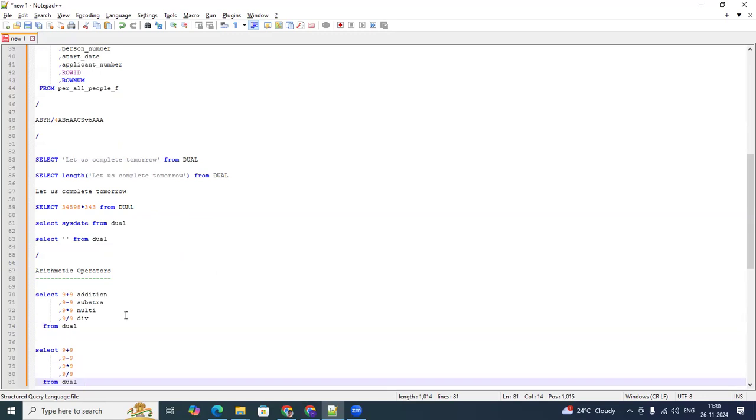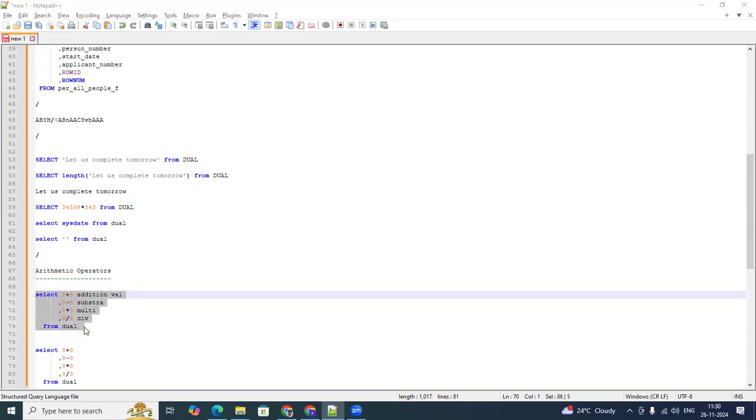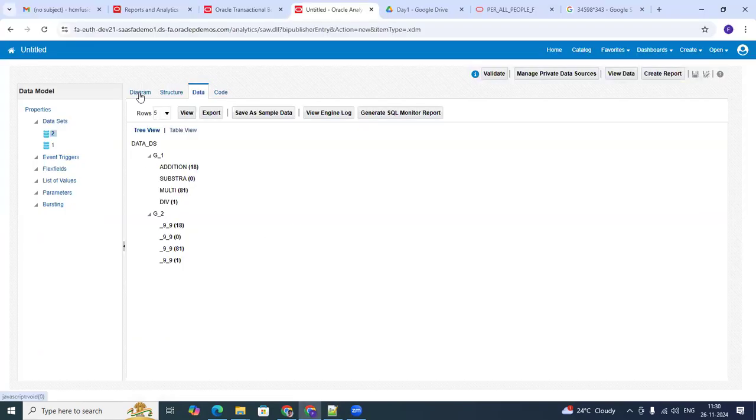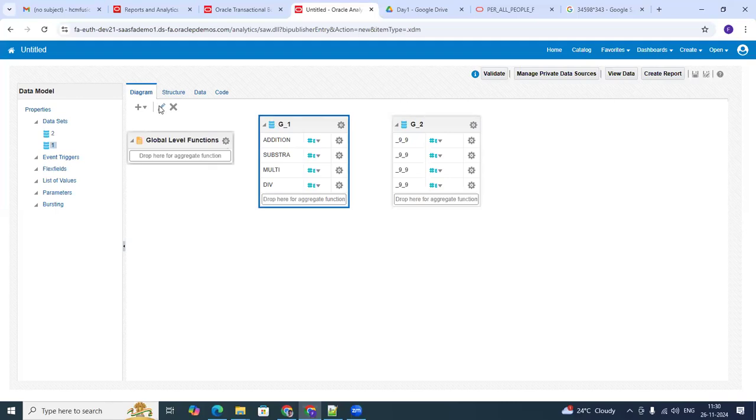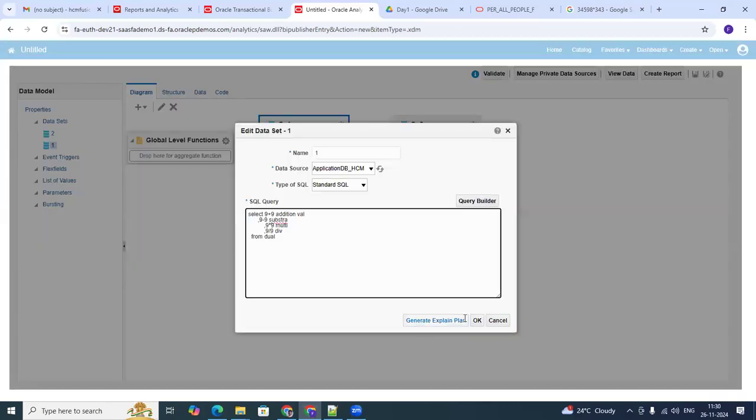Do we give alias names in inverted commas, are quotes required? Very good question, actually. Quotes are required when you have, let's say, addition val. Something like this. What happens is until the first word, it will take it as one single alias name. But in case there is any space in your alias name,